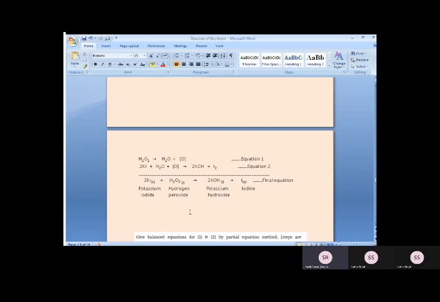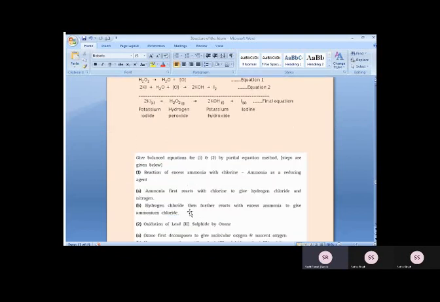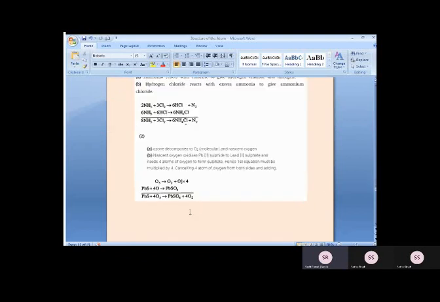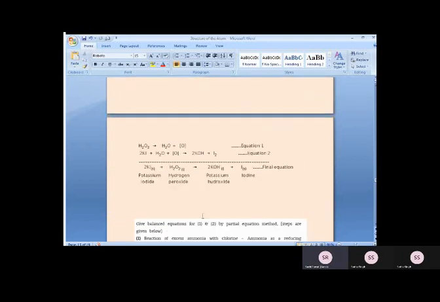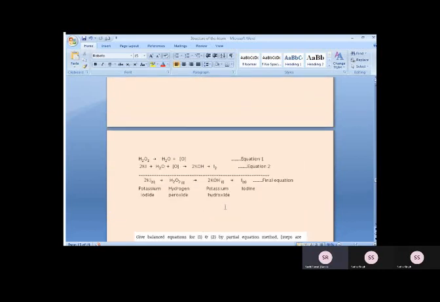So this is the final balanced equation. Let's check whether they have written it correctly. Sir, do we subtract the equations so they get cancelled? No, you need to add. Basically, you add the left hand side, the reactant side, together, and the product side together. When you add, you will find that many terms on the left hand side and the right hand side are the same, so they get cancelled automatically.